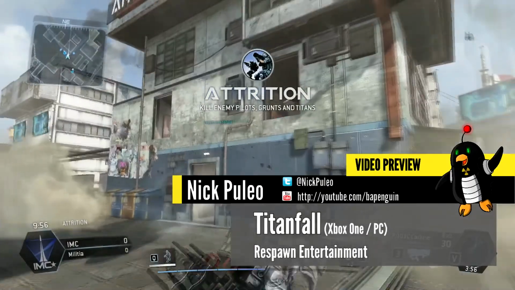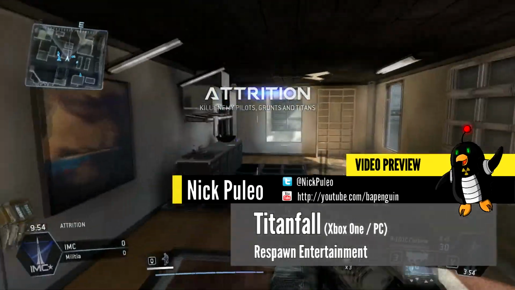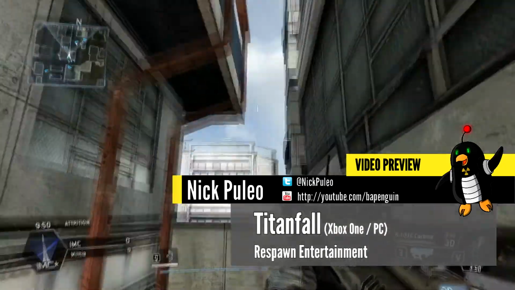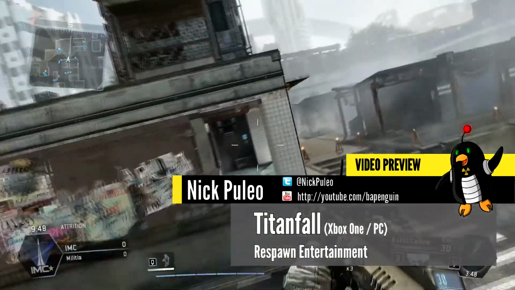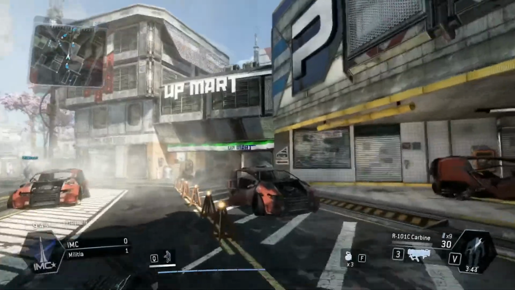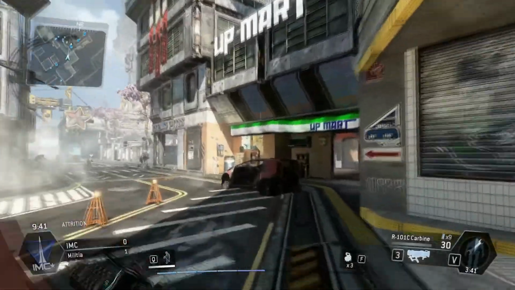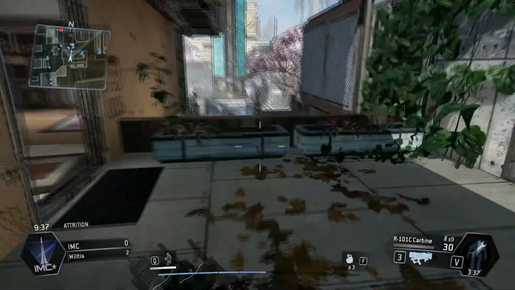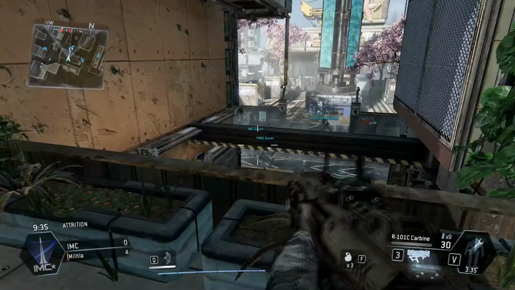Folks, welcome to Titanfall. We're looking at the latest beta from Respawn Entertainment. It came out this weekend on PC and Xbox One. We're going to check out a mode called Attrition, which is basically team deathmatch, and see what Titanfall is all about. First thing you notice, there's a lot of similarities people make already with Call of Duty, but